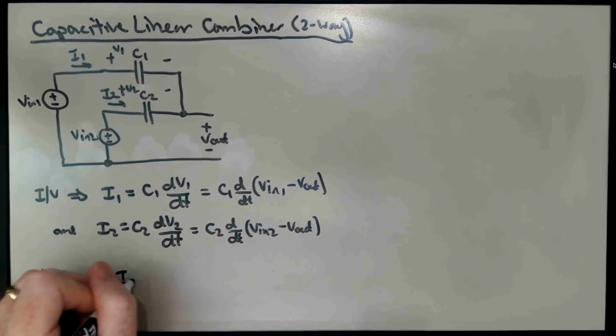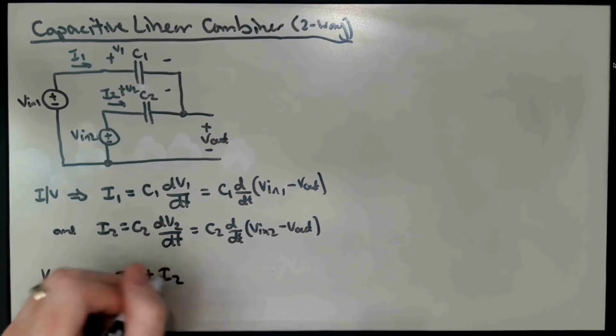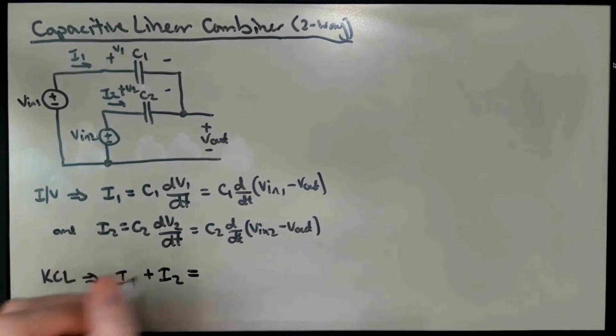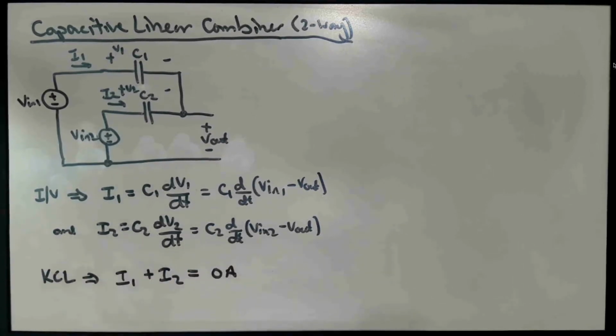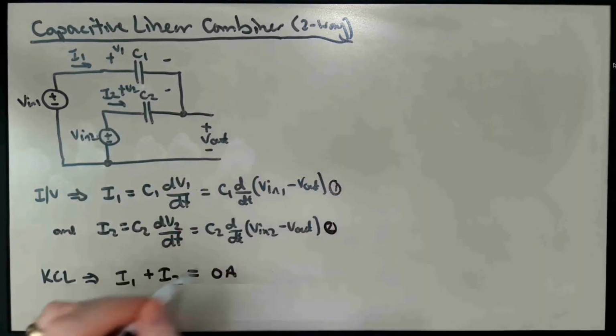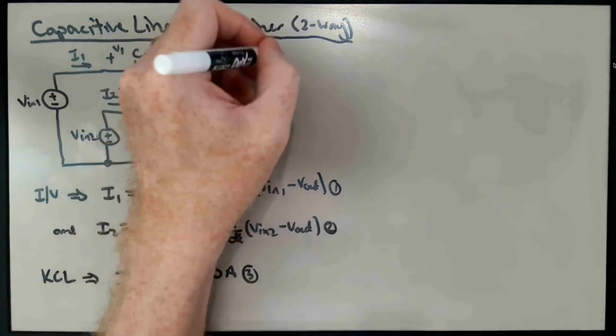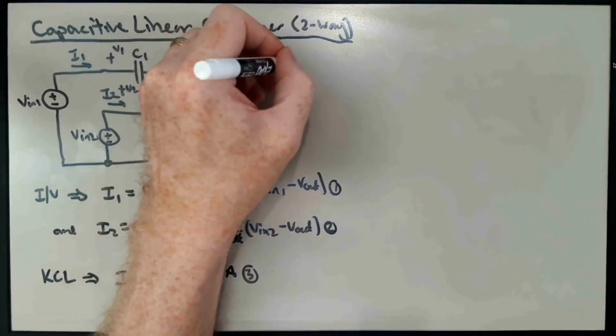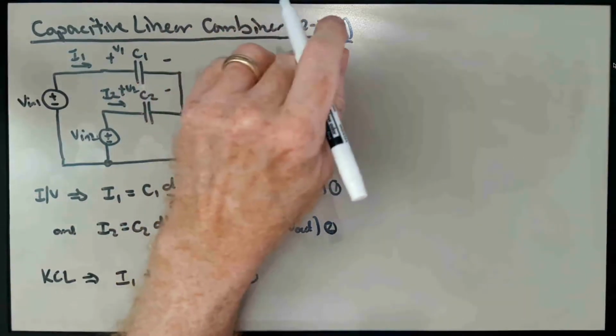So I1 plus I2 is equal to 0 amps, or I1 is equal to minus I2 if you prefer. So what we're going to do is substitute in, so if this is equation 1, equation 2, equation 3, if we substitute 1 and 2 into the KCL,